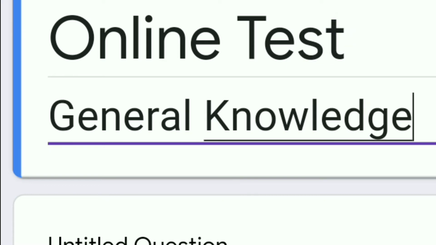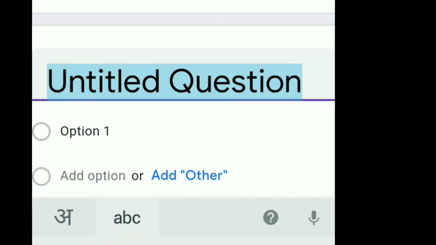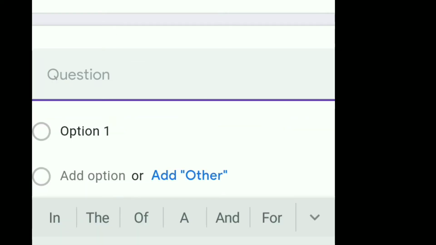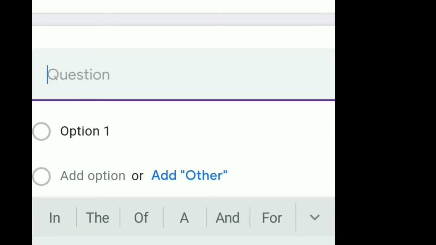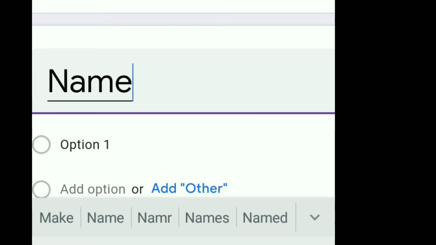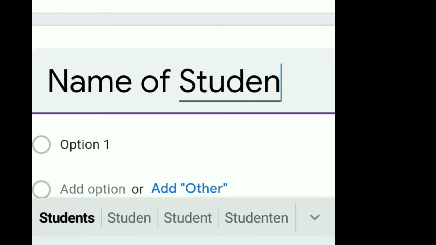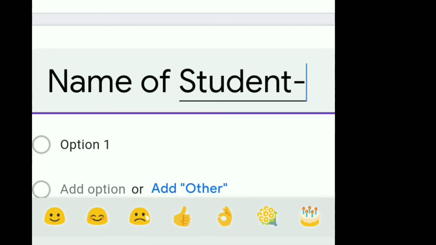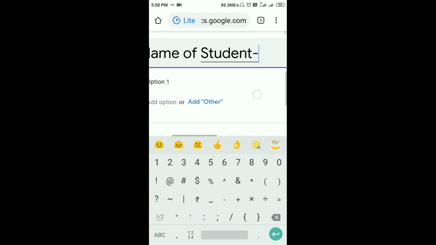And now untitled question, you must write the question. Suppose, what is the capital of India? No, at first you must write name of student.